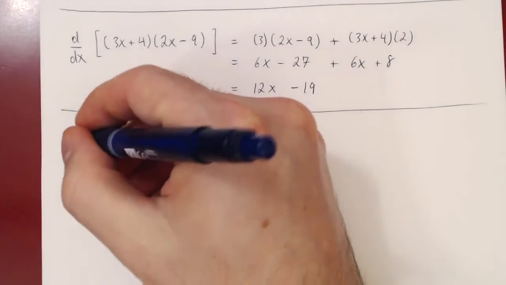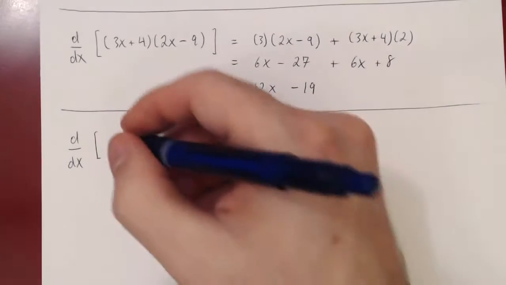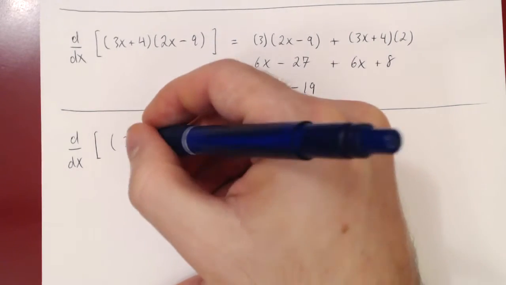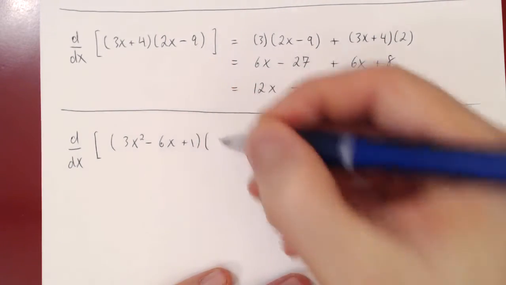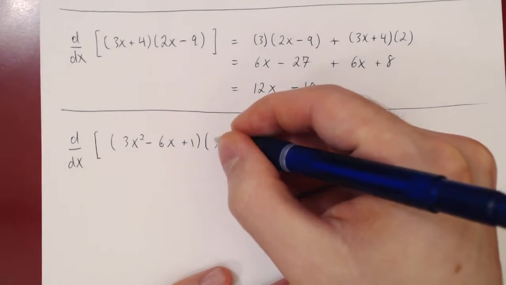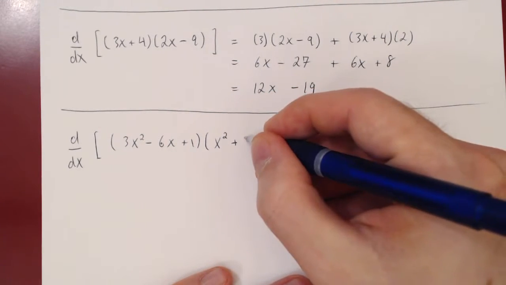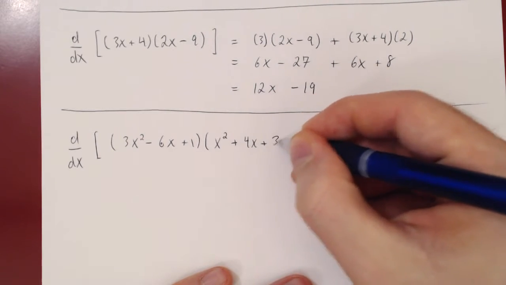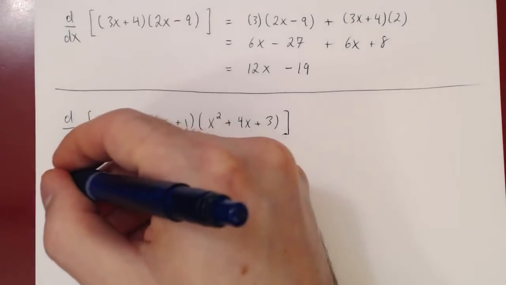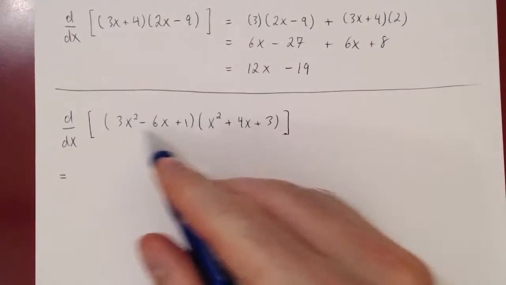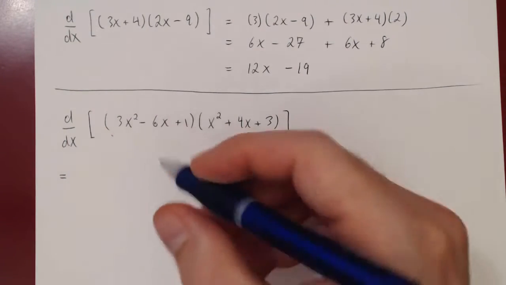Let's do a second example. What if we look for the derivative, and now let's take a product of two quadratics. So say 3x squared minus 6x plus 1 times x squared plus 4x plus 3. So let's apply the product rule. We look for the derivative of a product of these two functions. So the product rule says derivative of the first function,